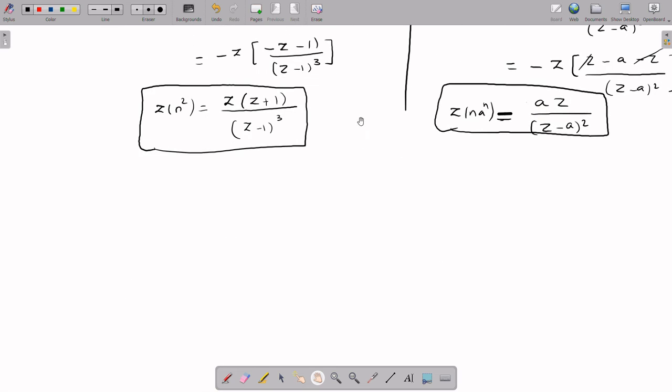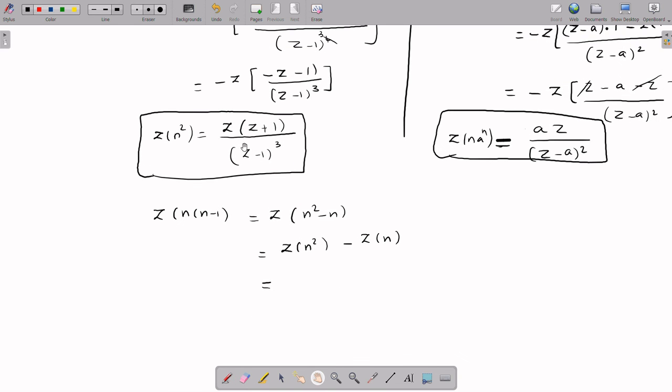And next we have to prove the z transform of n into n minus 1, isn't it? How will you write z transform of n into n minus 1? You multiply this out: n squared minus n. Since the z transform is linear, you can write this as z transform of n squared minus z transform of n. What about z transform of n squared? We just now got the result. Substitute here. Z transform of n squared is z into z plus 1 divided by z minus 1 the whole cube,